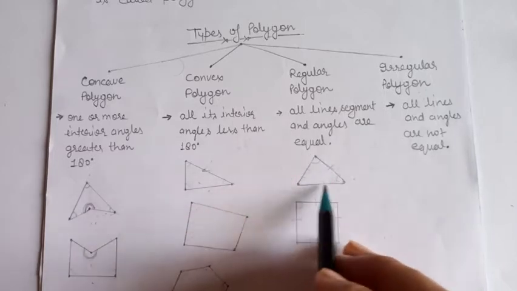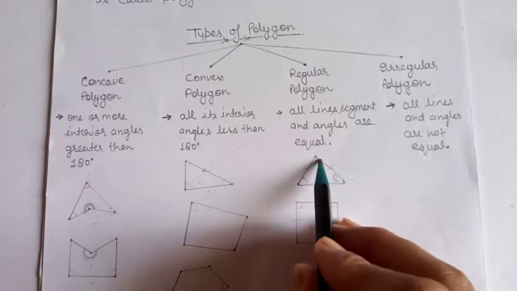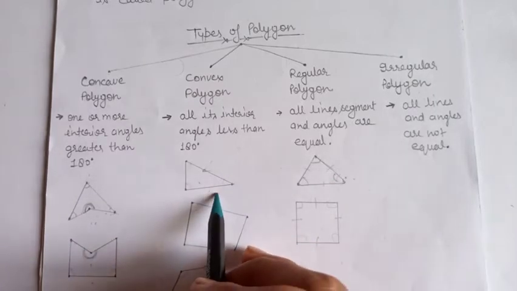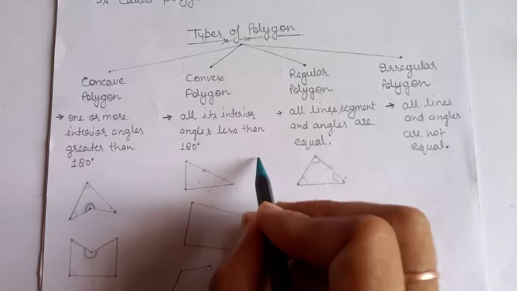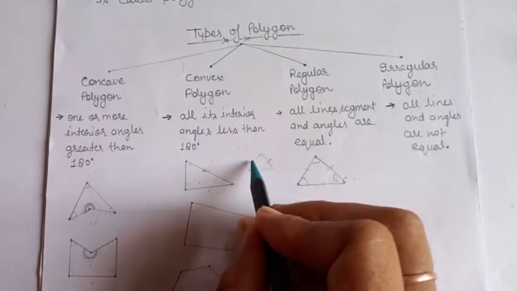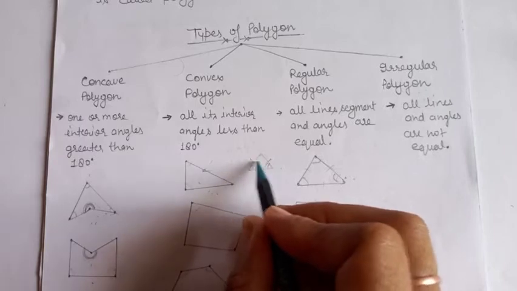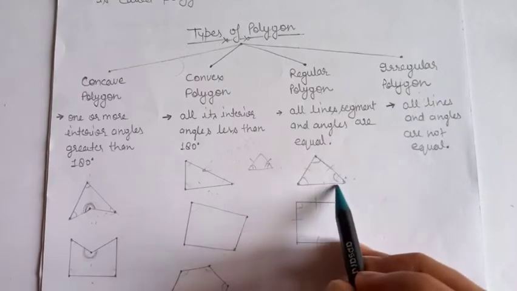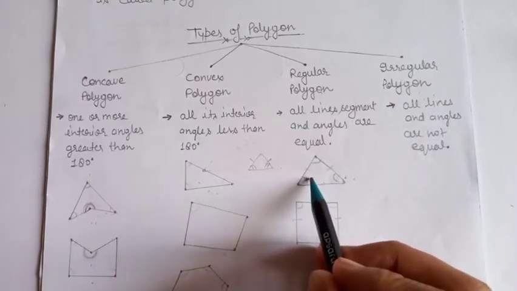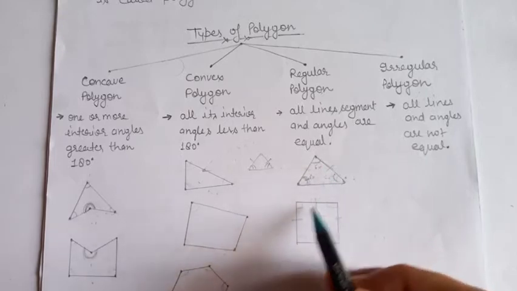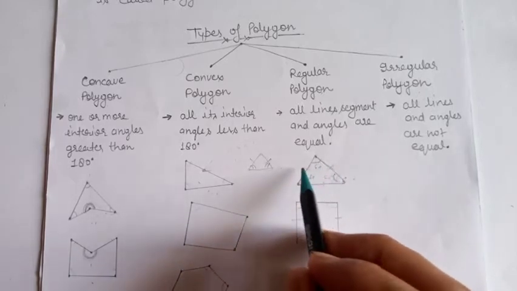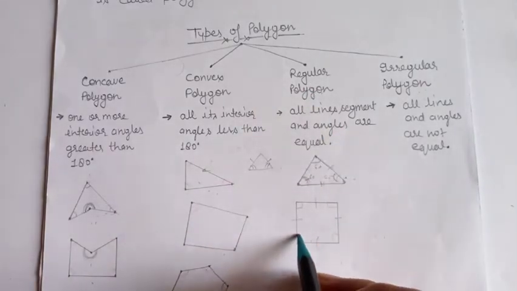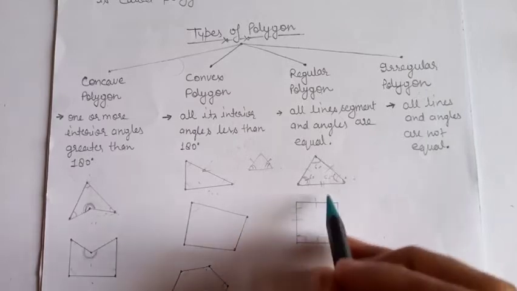In an equilateral triangle, all sides and all angles are equal. Here is an example of an equilateral triangle. This is an example of a scalene triangle. And isosceles is a triangle in which 2 sides and 2 angles are equal. Only these 2 angles are equal and 2 sides are equal. So now students, this is an example of a regular polygon. All angles measure 60, 60 and 60. All angles are equal and the sides are of equal length. Such a shape is said to be a regular polygon. Another example is the square. You know that each vertex angle is 90 and all sides are of equal length.